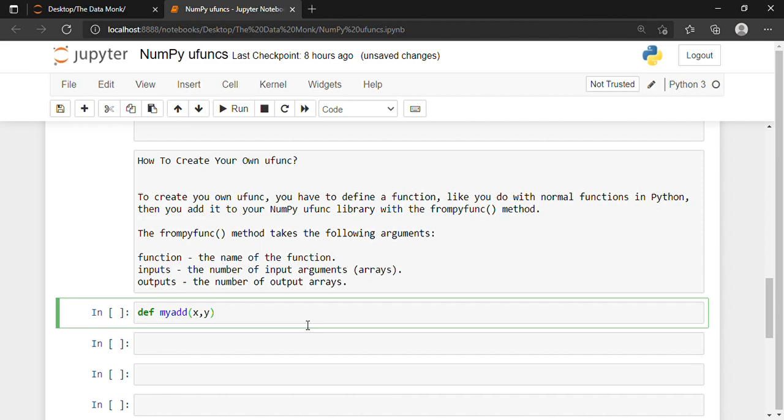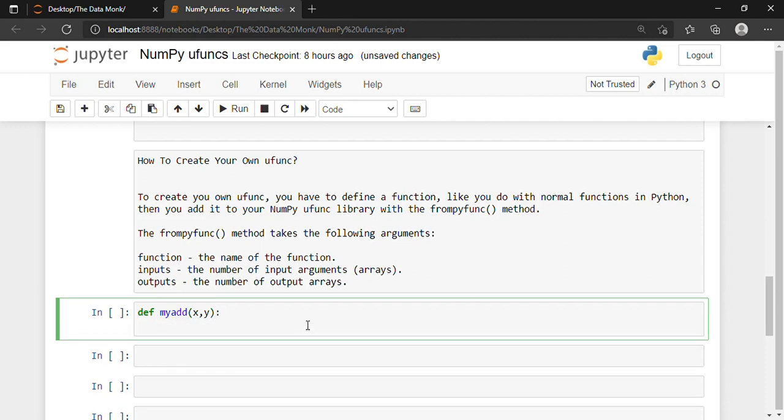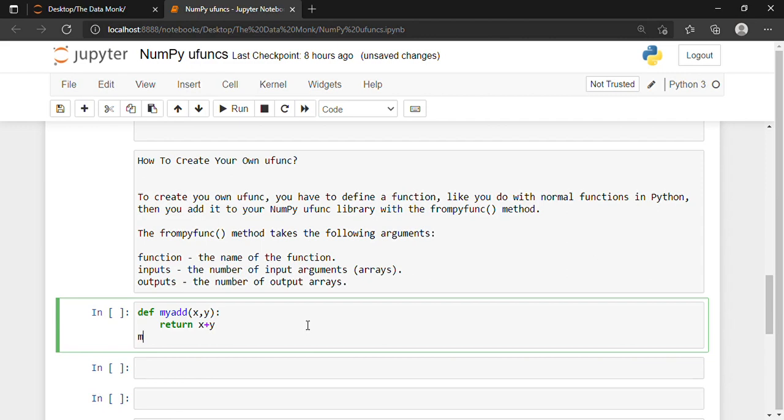Then a colon, and return x plus y. And in the next line, myadd is equal to np.frompyfunc. Inside I'll write myadd comma 2 comma 1.